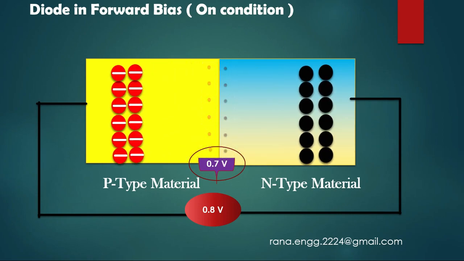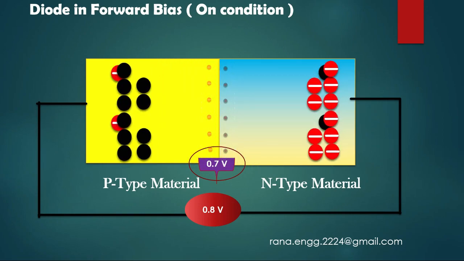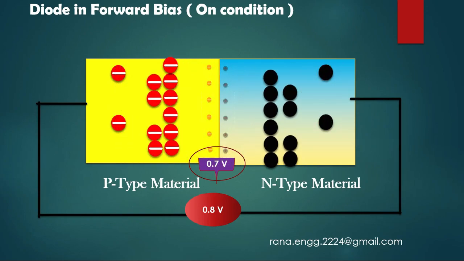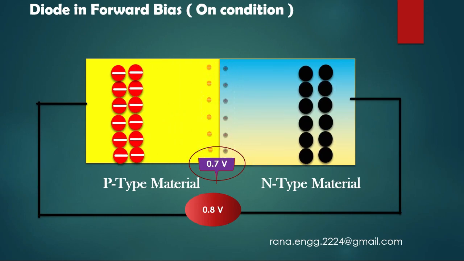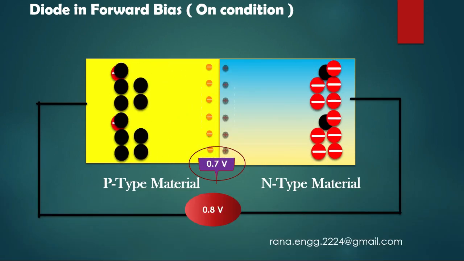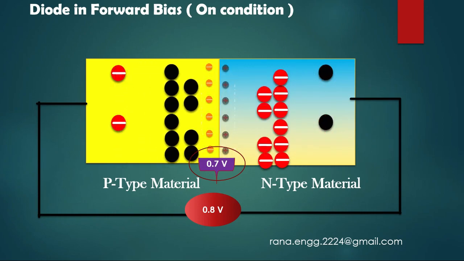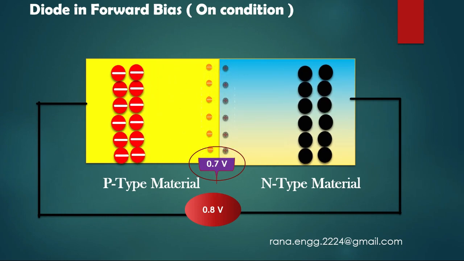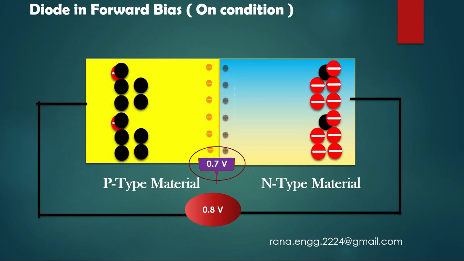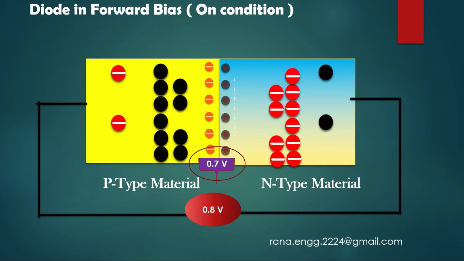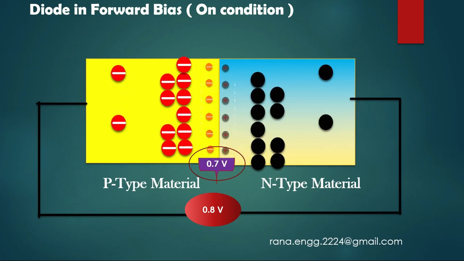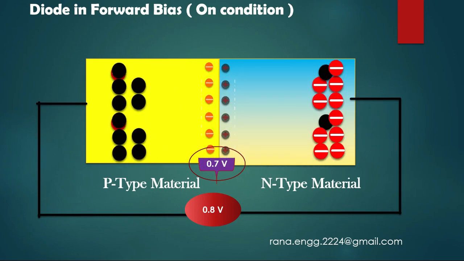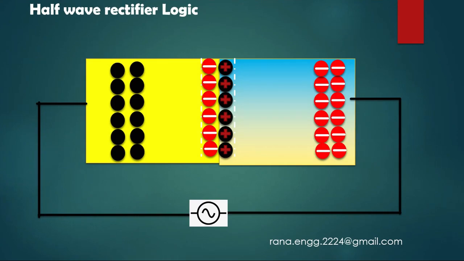This is about DC source. If the source is DC, then diode will be continuously on. In our case, we are talking about conversion from AC to DC current. So the input current is not DC in our case. The input current we are getting from the source is AC, having both sides of current. One cycle will be positive, another cycle will be negative. In forward bias, diode conducts. In reverse bias, diode does not conduct.